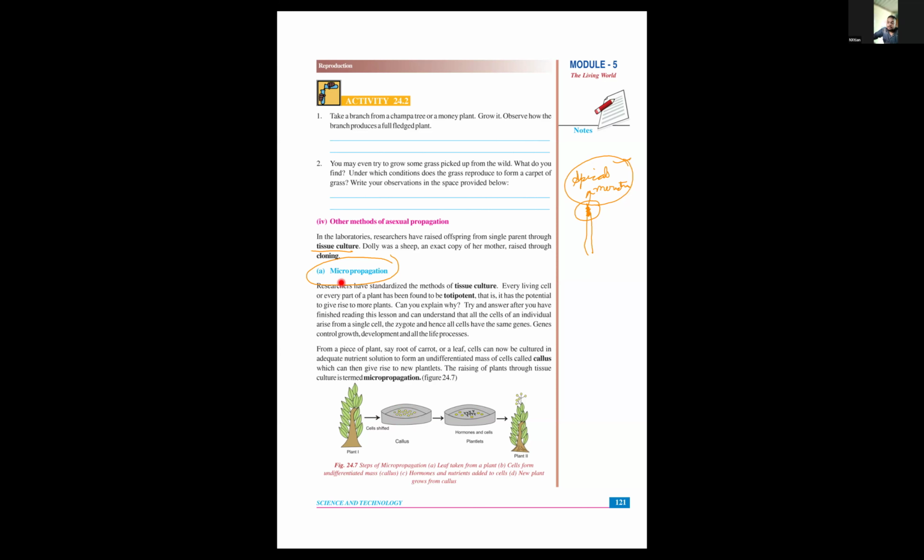This type of thing is called micropropagation, and it comes under asexual reproduction. Understood? I'll repeat it again. I take the tissue, which is the apical meristem, and put it into the callus medium with nutrition. It will divide and divide, and then it will become a small plantlet. Then the plantlets are set into the garden to form a new plant. So this is called micropropagation. Understood? Yes or no? Johan? Yes, sir. Hannah? Yes.